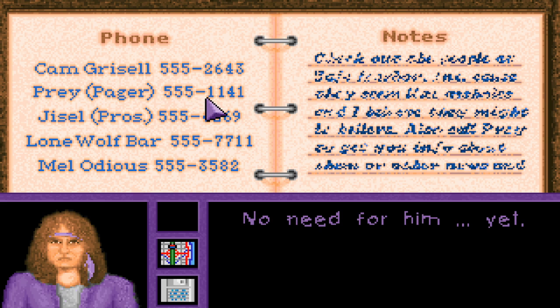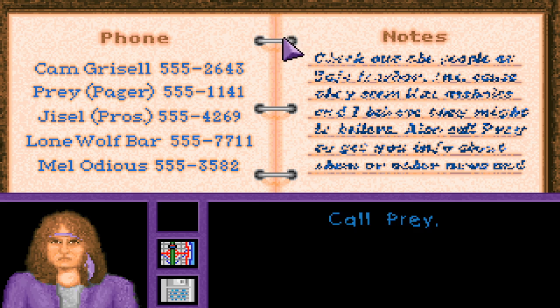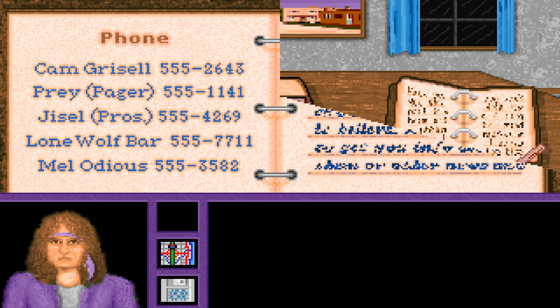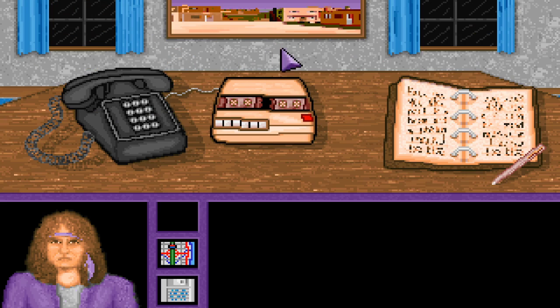Now, you will talk to Prey at some point. As you can see here, it gives you a hint on what we need to talk to at some point, when you see stuff like, no need for that yet, or similar text.